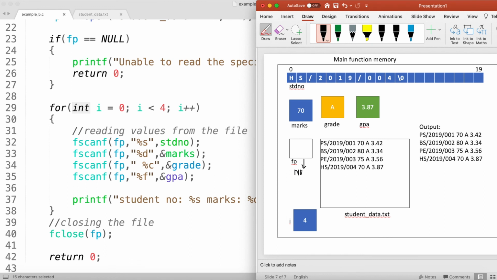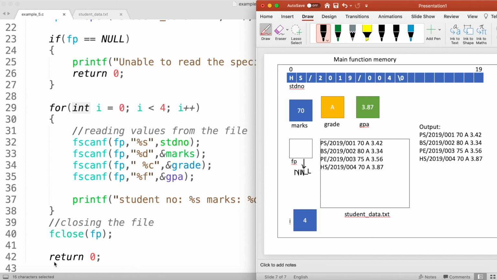So this memory is not attached to anything in my program, and it can be utilized for other purposes in my program or computer. Right. So this is what happens if I execute the fclose fp command.